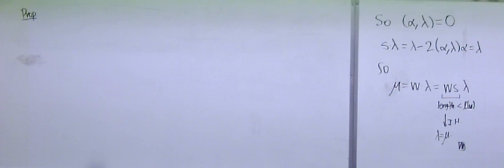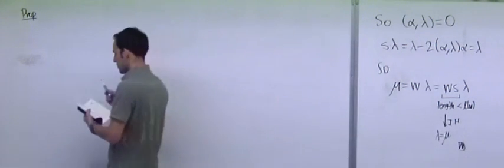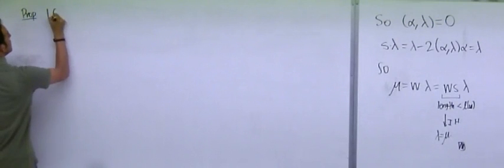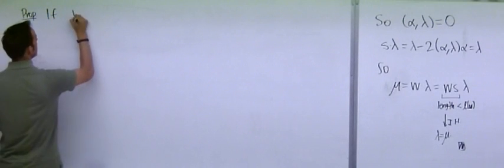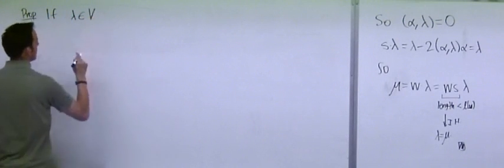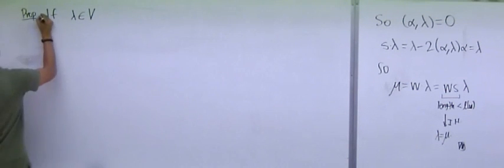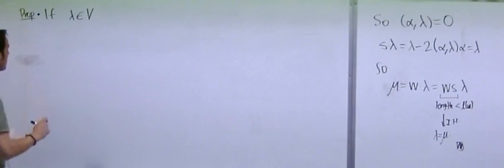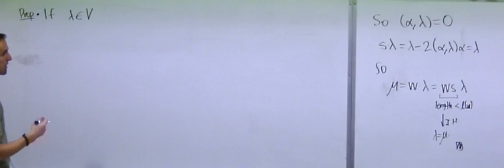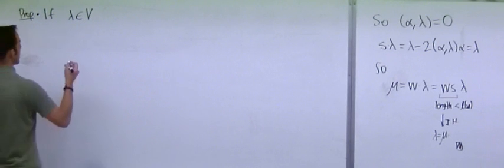So for any point in V, I want to understand exactly what are the group elements that leave it alone. Okay. So what I want to prove is if I have some element of V anywhere in V, not just in the fundamental domain,